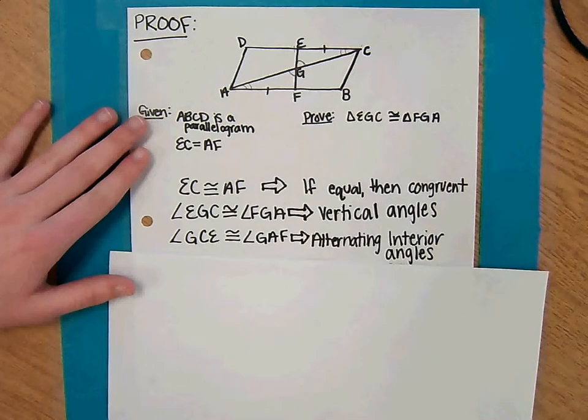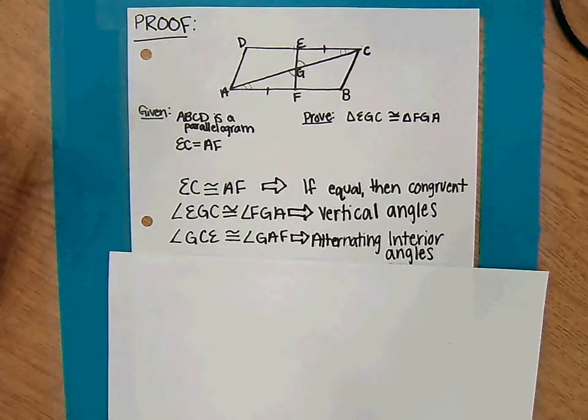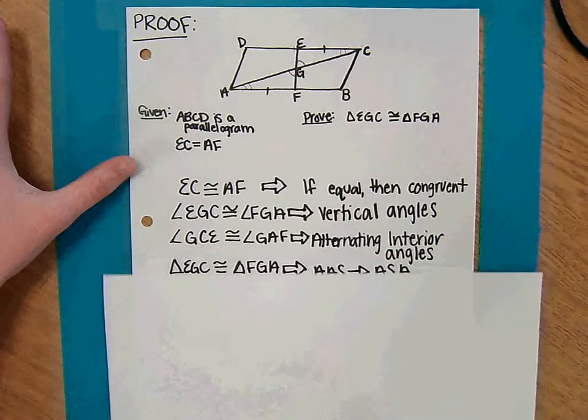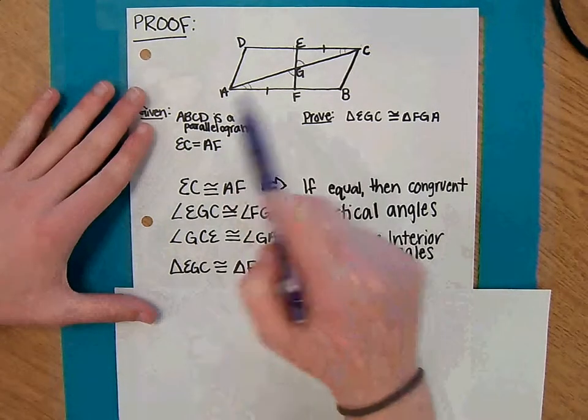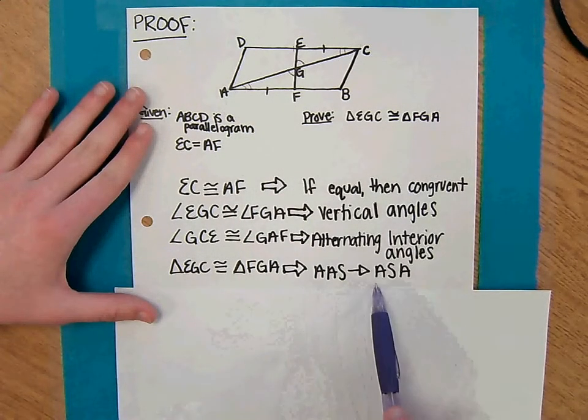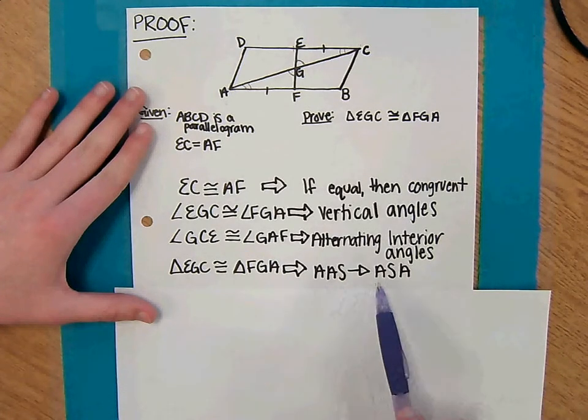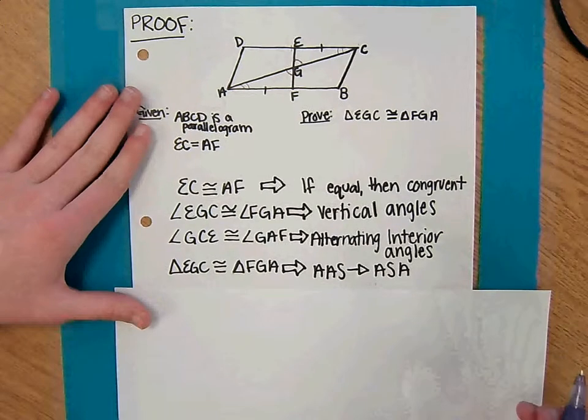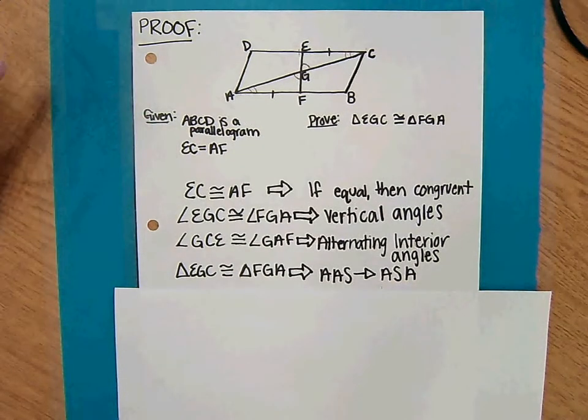And with those three components, you have that the triangles are congruent because of angle, side, angle, which you just can change to angle, side. You have angle, angle, side, and you can change it to angle, side, angle. So that was a pretty quick and easy proof. So this next one that we're going to do